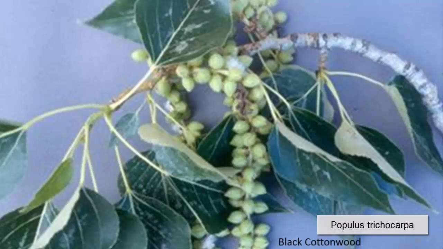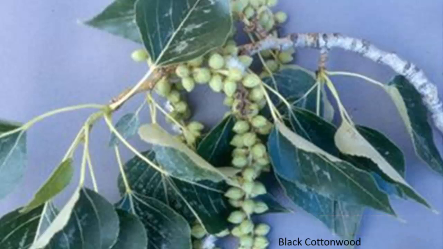Black cottonwood, or Populus trichocarpa, can hybridize with other plants in the Populus genera, so the leaves can look a little different than in this photo. Cottonwoods have separate male and female plants. Flowers on female trees, after being pollinated by windblown pollen from male trees in April, develop small green capsules, seen here, that split open in June to shed small seeds that are carried by the wind.